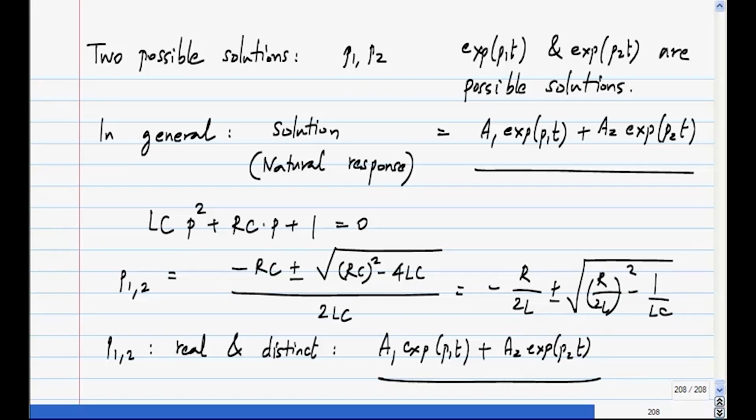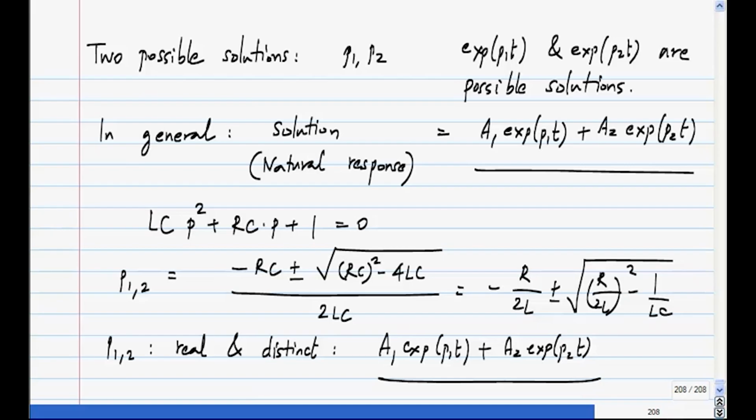Okay, so that's the solution in that case, and you find A1 and A2 from initial conditions. And then it's possible that P1 and P2 are identical and real, and finally P1 and 2 are complex conjugates of each other. Okay, now you can also have P1 and 2 to be complex conjugates of each other. Okay,